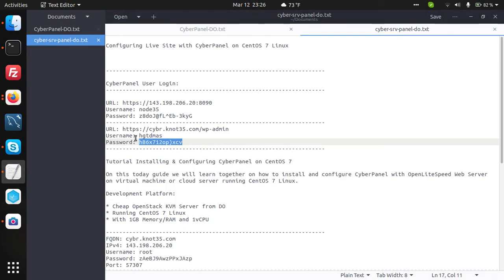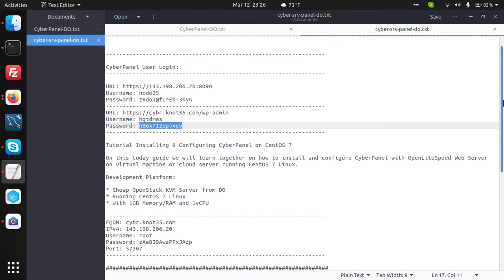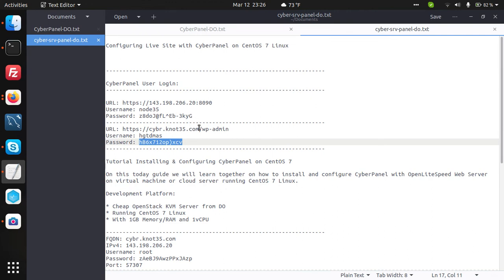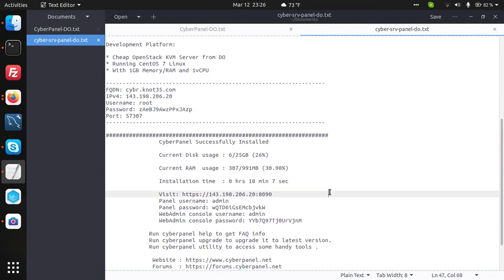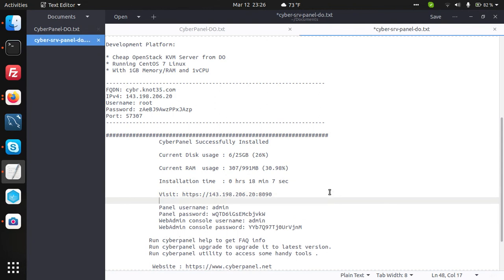For secure access we can use an FQDN, and previously we have pointed my FQDN to Cloudflare.